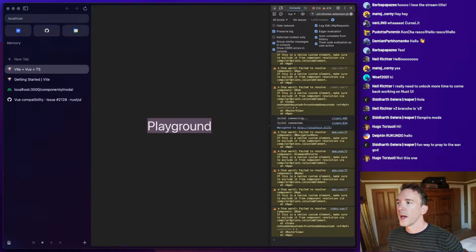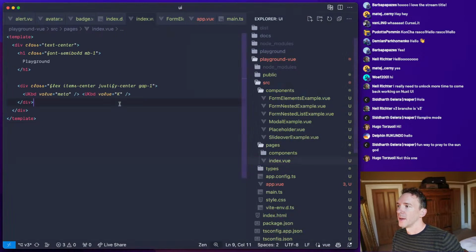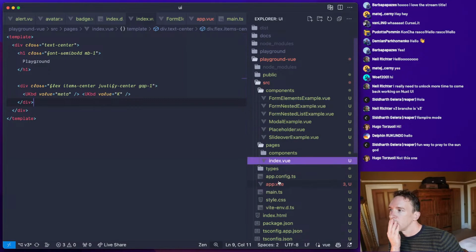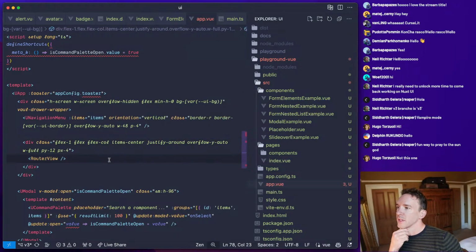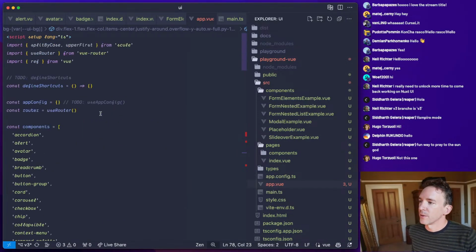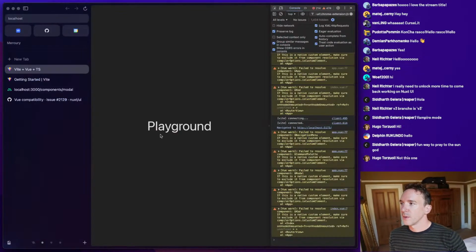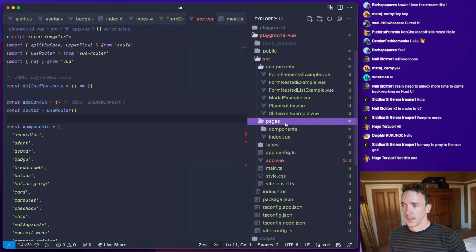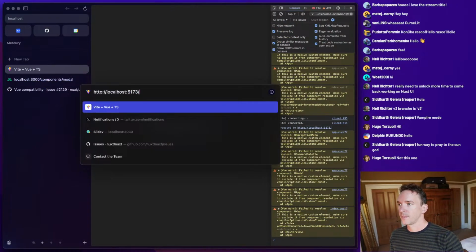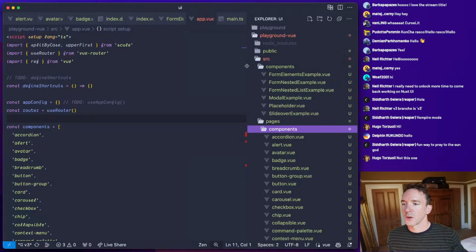Okay, we have some things working. So we're actually displaying our index page now, and yeah, that's great. Was there anything else? Oh, the navigation menu, none of that is being displayed because we haven't implemented that yet. Okay, good. So we have our routing set up though. And I bet if I went to, let's just check components alert. Yeah, that's right. So it is loading the page, it's just not displaying.